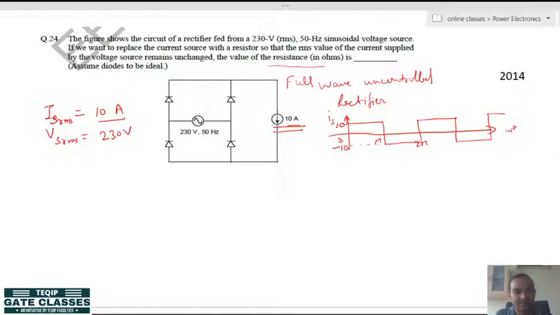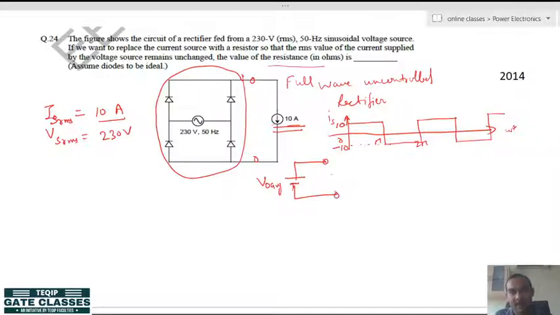In this case, we know that if you model this whole circuit, it can be modeled like this, where it can be written as V naught average, and this V naught average is supplying a constant current of 10 ampere to the load, which is also the RMS value of the source. So, here you can calculate it simply. V naught average will be, in this case, 2 Vm upon pi, and Is RMS is 10 amperes here. So, it is easy to find out this resistance value also.